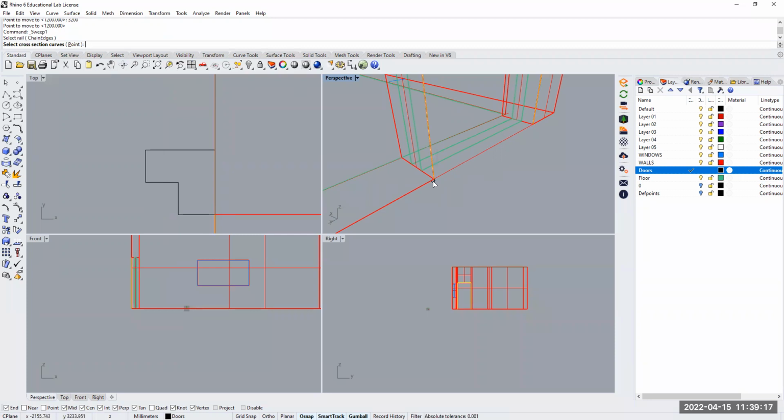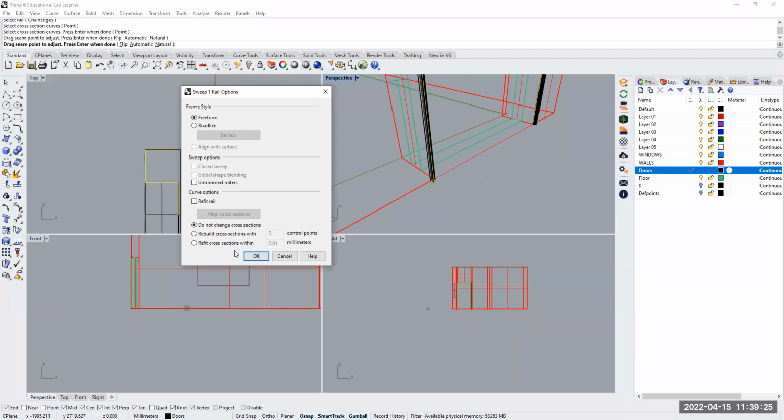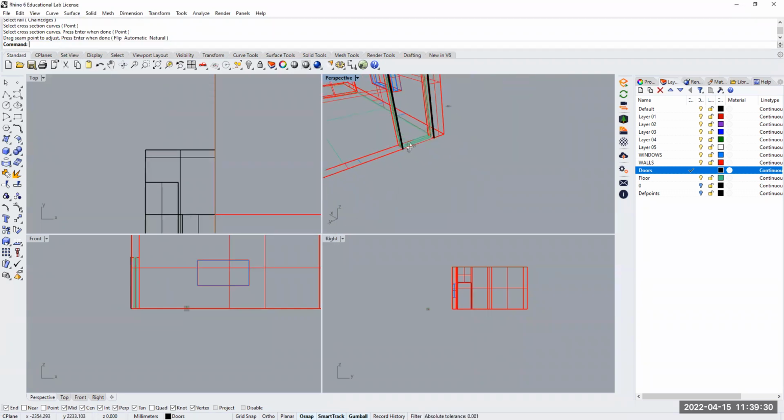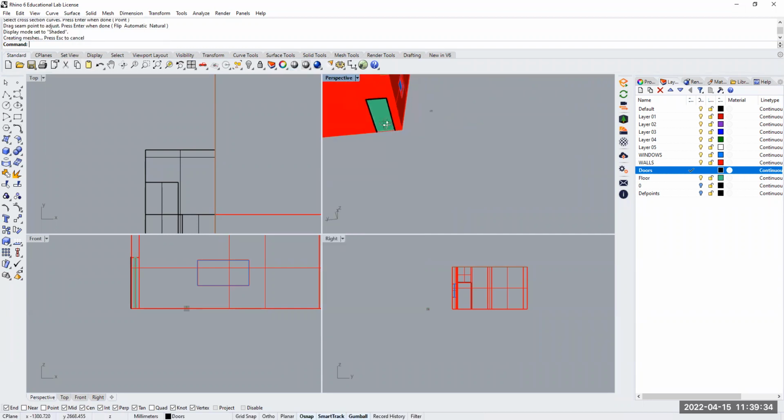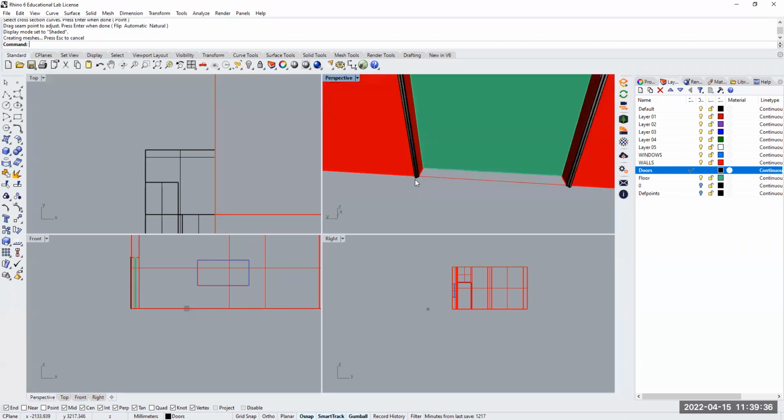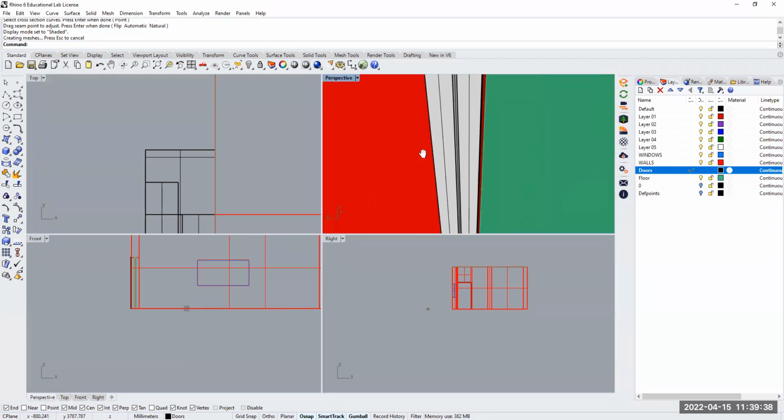So they need to be at a plan, which is this curve. Once I right click or hit the enter button, it will ask me for some settings and I'm going to accept the default settings and click on OK. And now I'm going to go to the rendered view, or maybe shaded view. You can see how my door frame was extruded